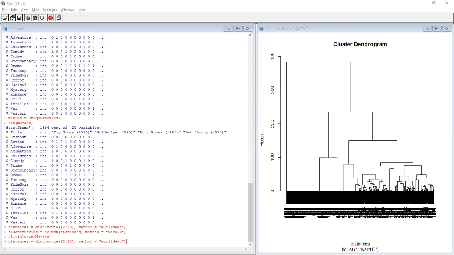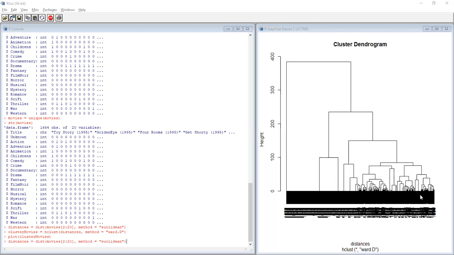Now I'll explain. Here I told you, right? Each observation will start as its own cluster. That's why we are getting black color, because a lot of data is there.